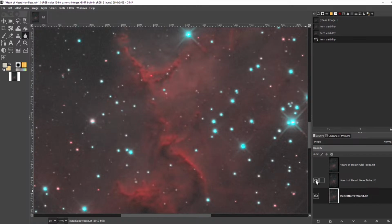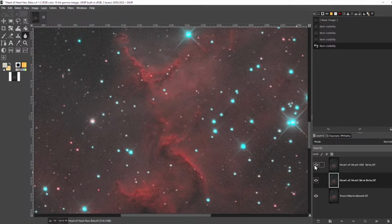And then this is the new one. I think there's a lot less noise and it still sharpens things up. So if we compare the new beta version to the old beta version, the old one I think does a little bit more sharpening, but it also sharpens the noise a lot too. And I've also been doing